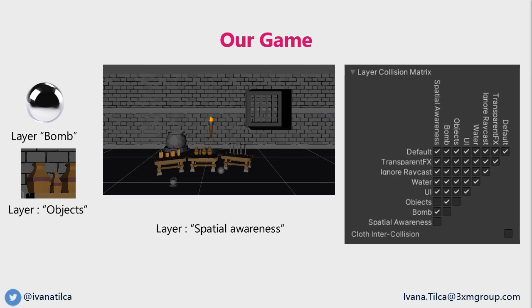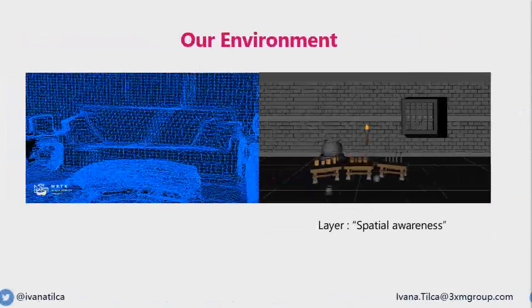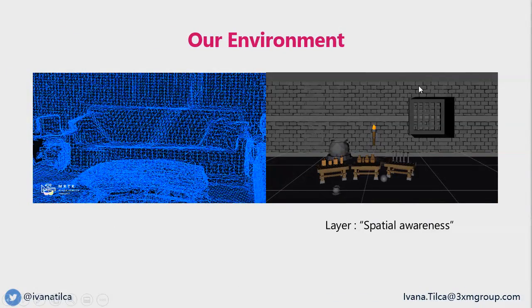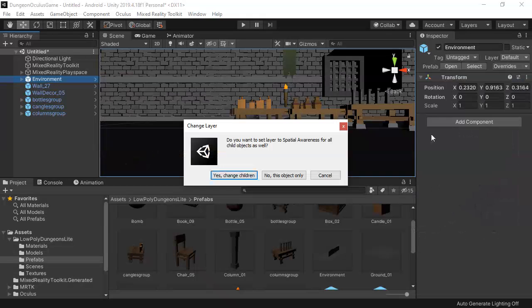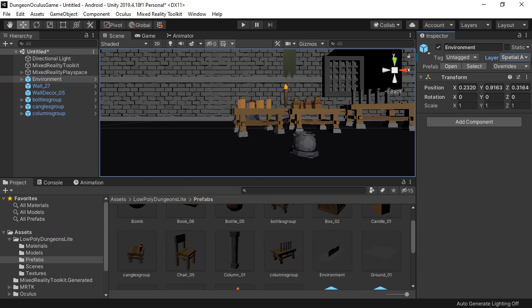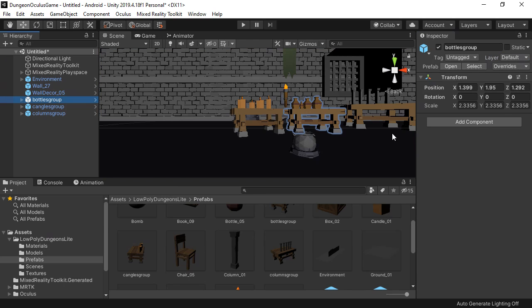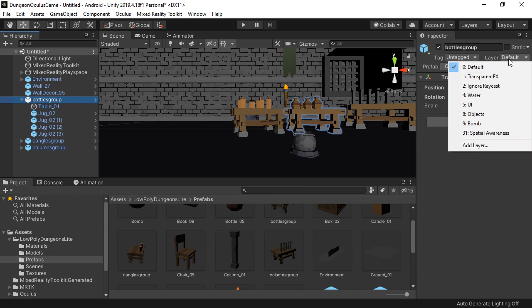And remember, guys, that in our slide, we said that our environment, let me go back, it was this one, right? So I will put that, and I will say, yes, assign and change all the children to spatial awareness. And then we have these ones. In this case, I don't want the entire group to be at the objects tag, because the table is not